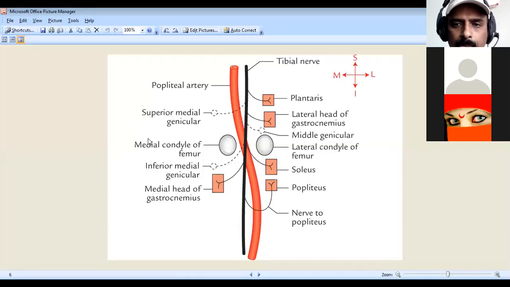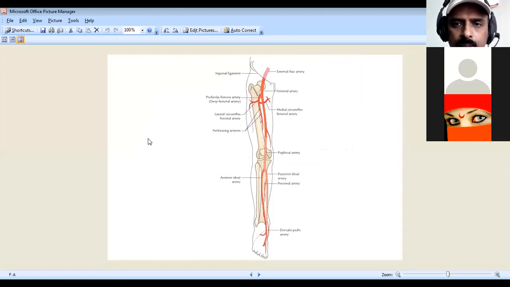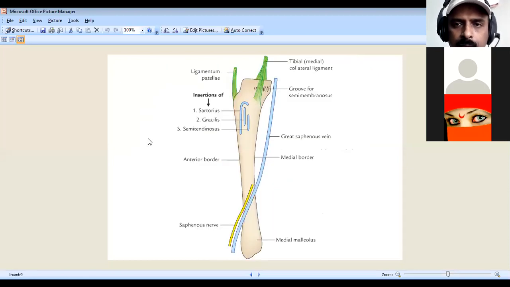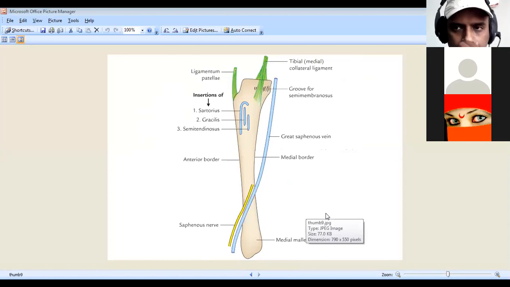So this is one which is contents you have to remember, and in that you have to know for the other diagrams also. The branches of the tibial nerve and all are shown. We have studied all these, and one more which is the great saphenous vein. Commonly a question is asked on the great saphenous vein, that also you should know. Okay. So in this, we have covered the popliteal fossa and its definition, boundaries, roof, floor, contents and its relations. So this is all about the popliteal fossa that we have studied in total.